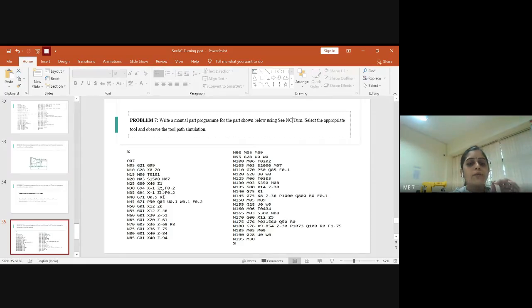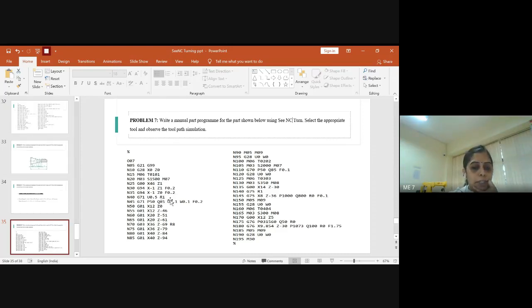But to start, we should always see that the value of Z is 0. So you will rewrite it with Z equal to 0 with a feed rate of F 0.2. And then the actual thing, the rough turning operation, you have to start. For rough turning, you know that we use the G code G71. So kindly type G71, and the depth of cut we need to give is around 0.5, and the retract amount will be 1 mm.